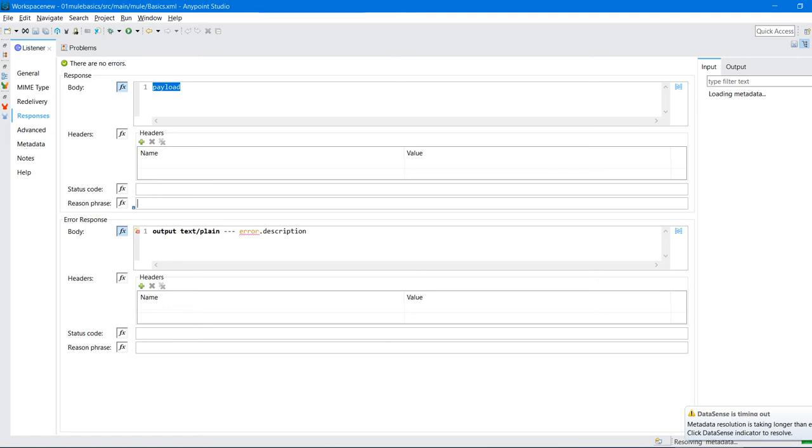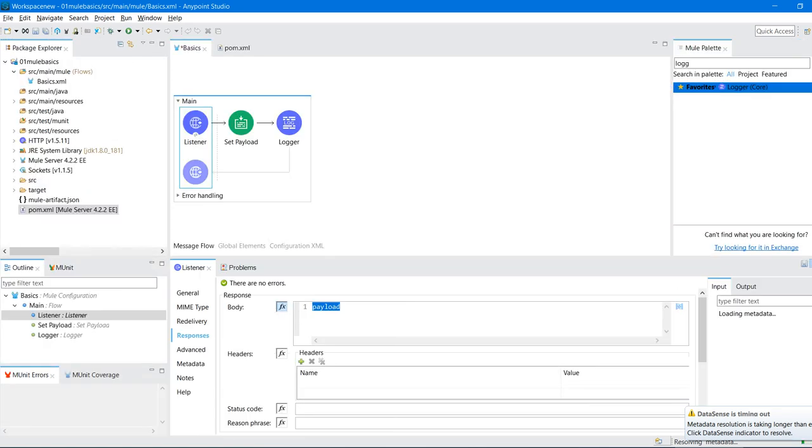Or else if it throws any exceptions, by default the exception response is in plain text, and you can see the description of the error. We will see that when we talk about exception handling. Right now we are showing a successful case, so we'll see the response at the client level.